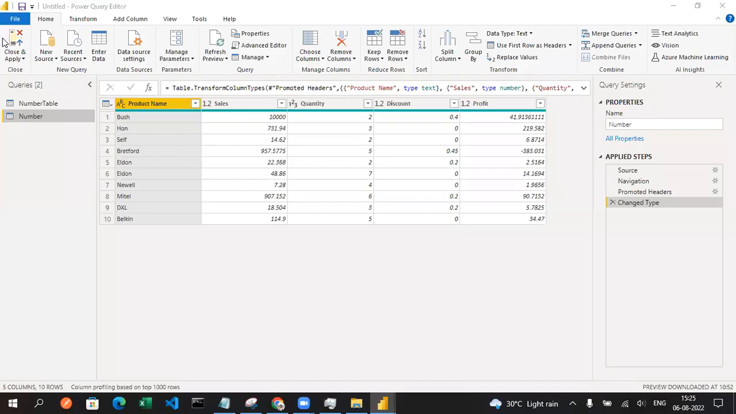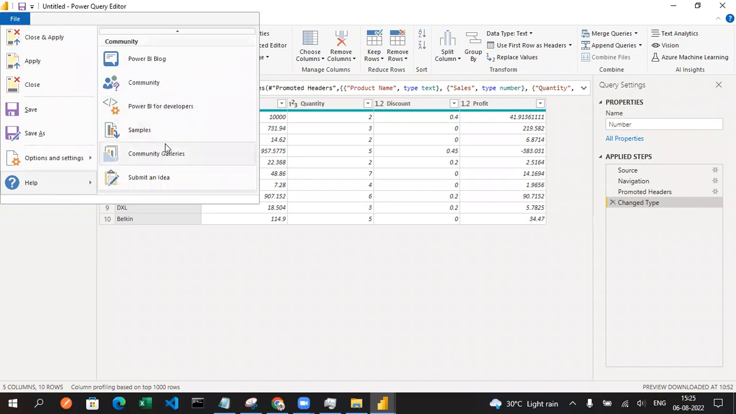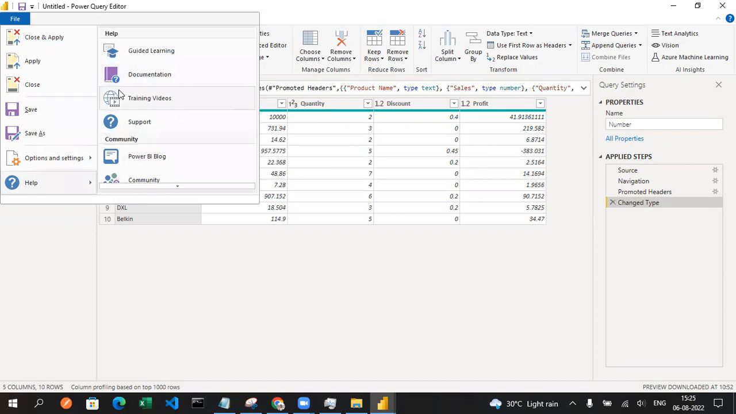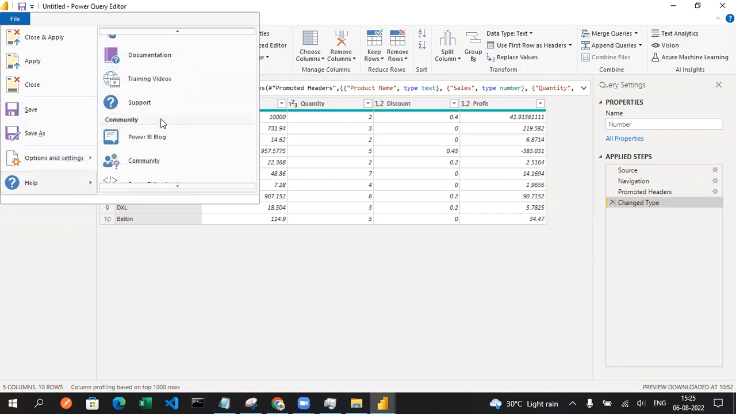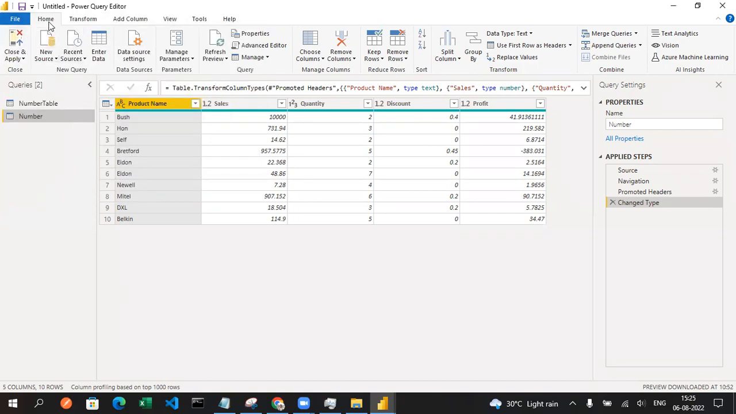Then you can also see the options and the Help, where you can find training videos, documentation and guidelines. This is also very helpful once you have some idea of what we have discussed in these classes. Once you're done with that, you can directly go and see some of the video classes related to that. And I'm currently in the home